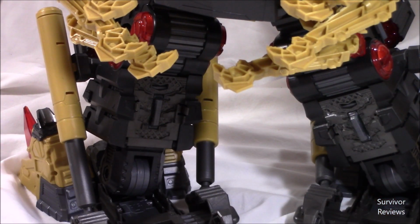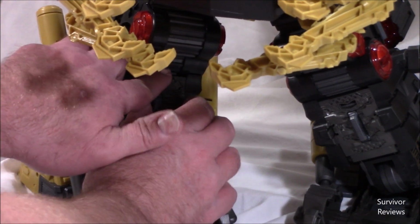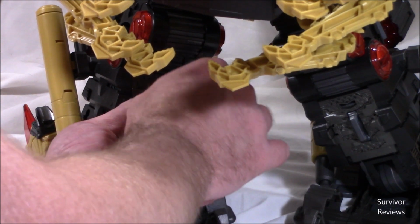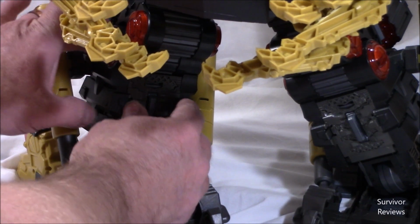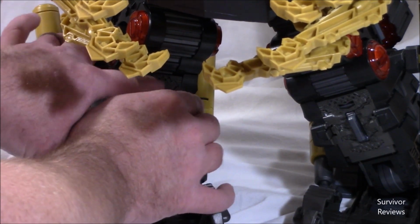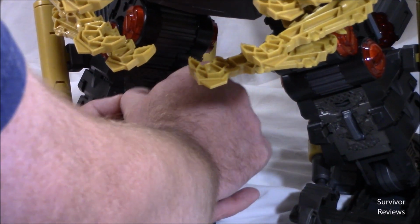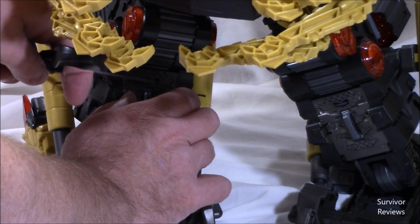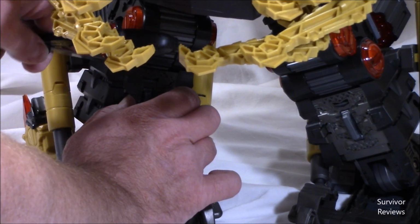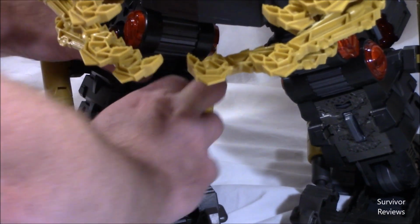So we're looking at the back of the figure right now, and something interesting I discovered on Pandemus. Pandemus came with a gun, and, well, of course nothing ever works when you're trying to do it on camera, but there are two little tabs here, and of course it has to be persnickety because the camera's on. You push these tabs in, come in here with a spudger or something, and you can open this up and